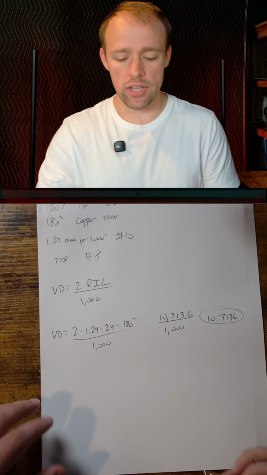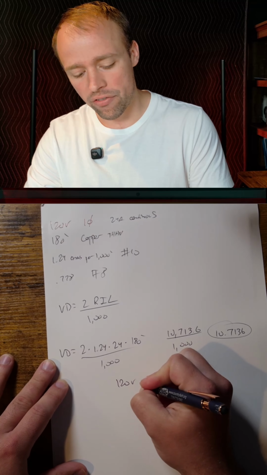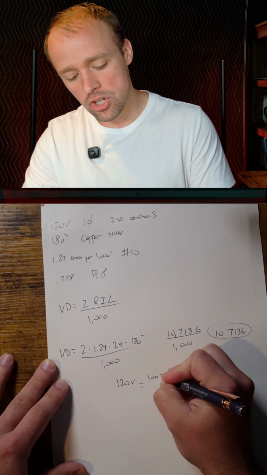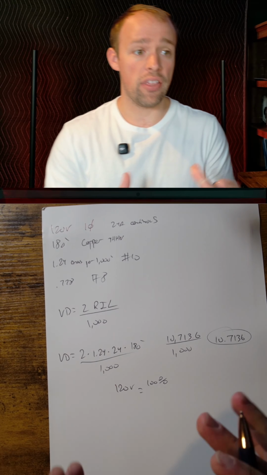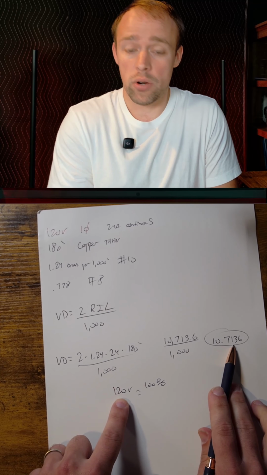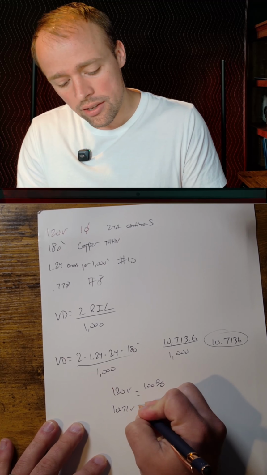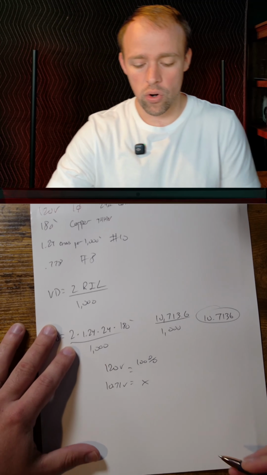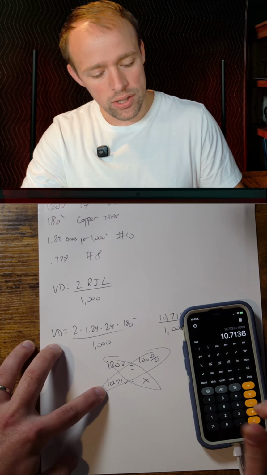Okay, so the way we do this, the input voltage was 120 volts. That's our electromotive force, the input voltage. So that's our 100% voltage. So I'm going to use cross multiplication to figure out the percentage: what percent is 10.7 if 120 is our 100%. So I'm going to write down 10.71 volts equals what percent. Now we're going to cross multiply here. So I'm going to do 10.71